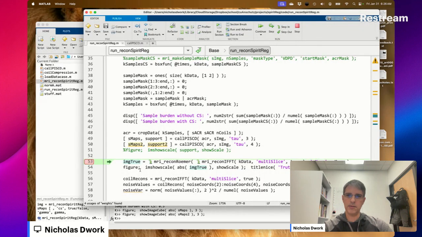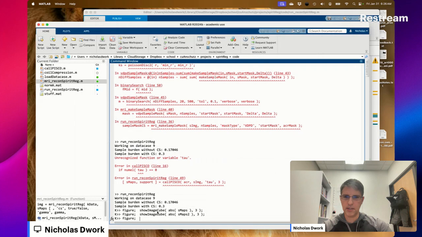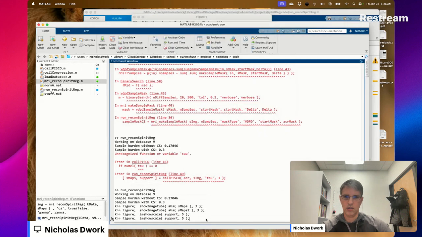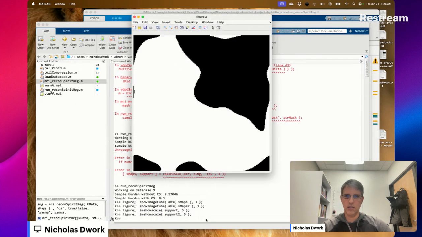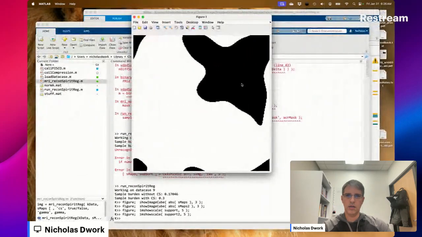What is the difference between, let me look at the supports, by the way. Huh, that's interesting.